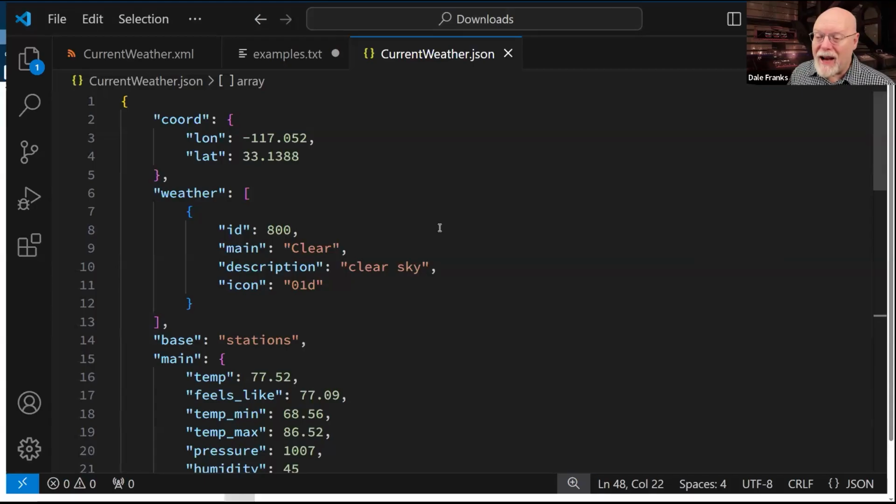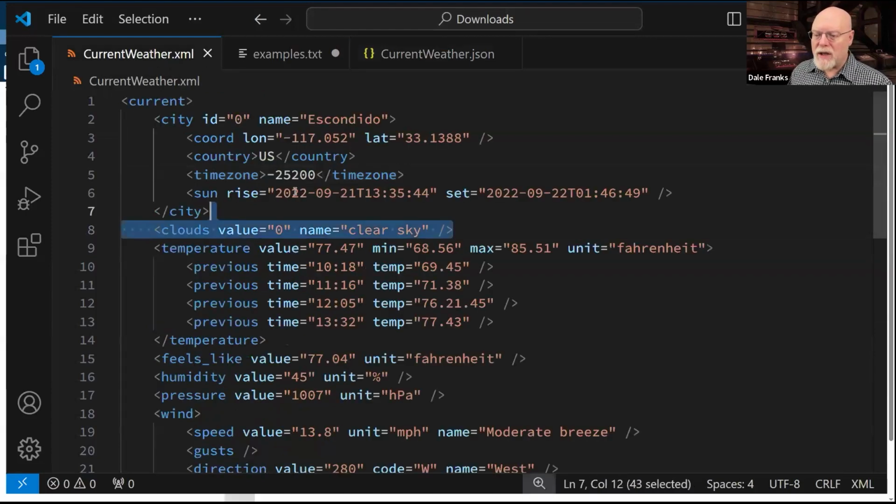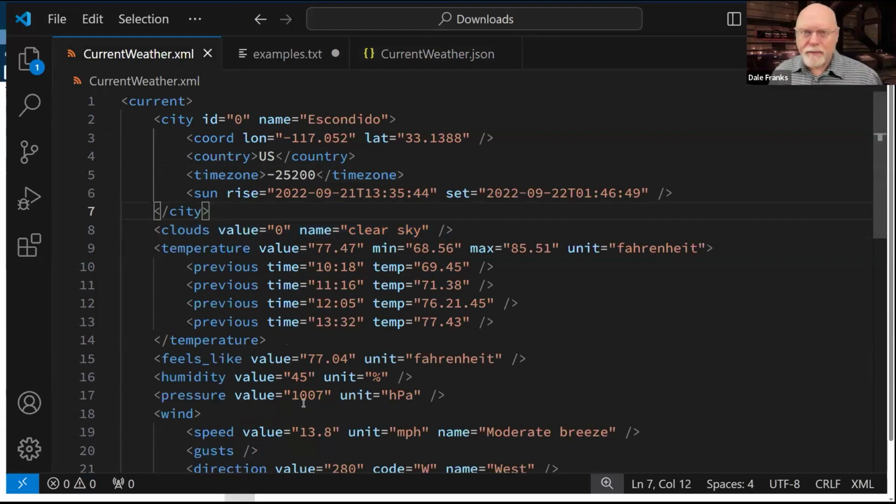Because if I don't know what each of these nodes are and where they exist in the hierarchy, there is literally no way for me to write the XPath or JSON path expression that will point to the data that is contained in each one of these files.